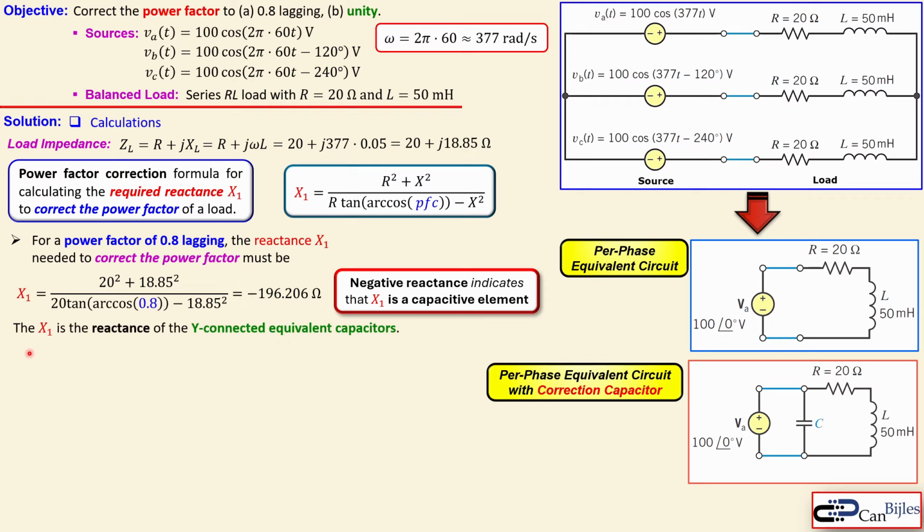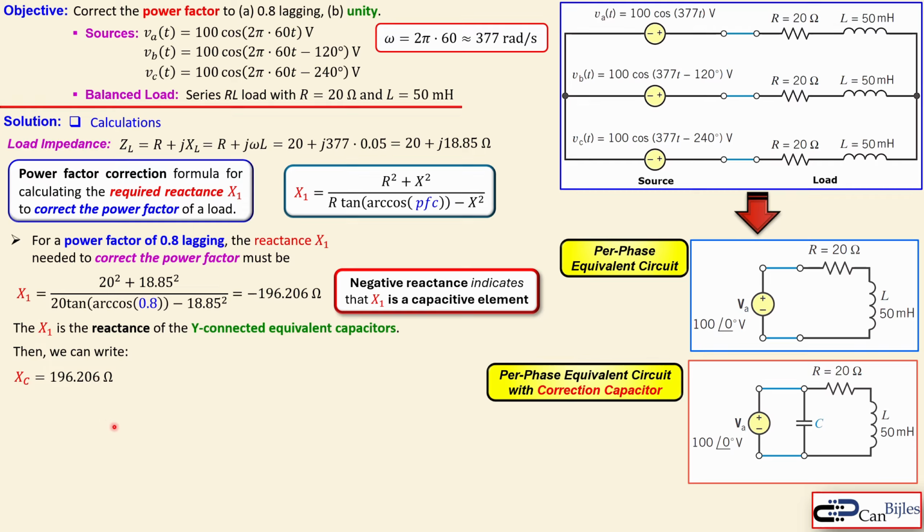So the X1 is a reactance, but it is, for this case, also the reactance that we need for Y-connected or star-connected equivalent capacitors. This is an important note. We'll come back to this shortly. So then we can write the following. Since this is a capacitor, we already have concluded that we can say X of C is equal to the absolute value of X1, and that will be then